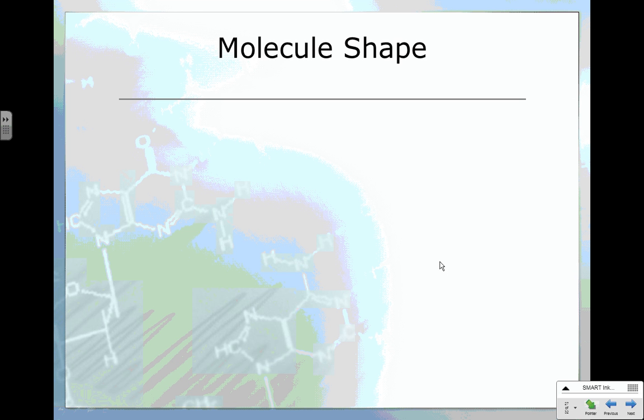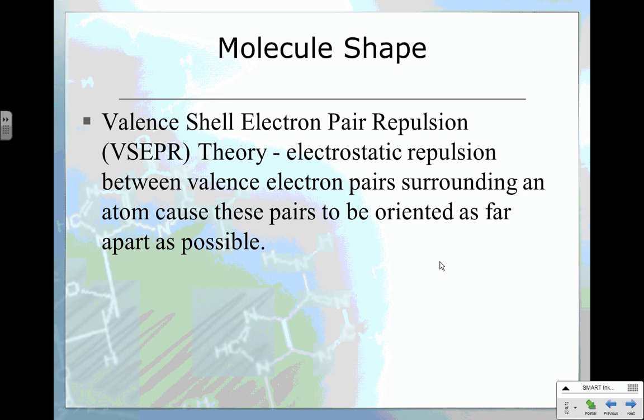Today we'll be reviewing how you determine what the shape of a molecule is. Now, the guiding principle behind finding the shapes of molecules is what's known as VSEPR Theory, valence shell electron pair repulsion theory. Since that's a mouthful, we usually refer to it as VSEPR Theory. And the acronym pretty much tells you exactly what it stands for. So valence shell electron pair, well, your electron pairs on the outside of an atom, your valence shells,